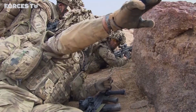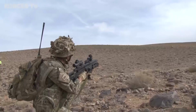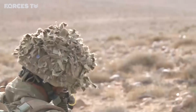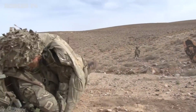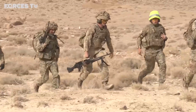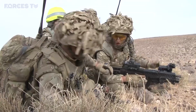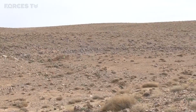Fire support are going to remain in that location. Today, Anzio Company are practicing section attacks. 8 soldiers, led by a section commander, clearing a wadi of enemy fighters. As they move forward, the targets pop up, each of them dealt with in turn. This is a building block of infantry training, a small team of troops using grenades and bayonets to engage and